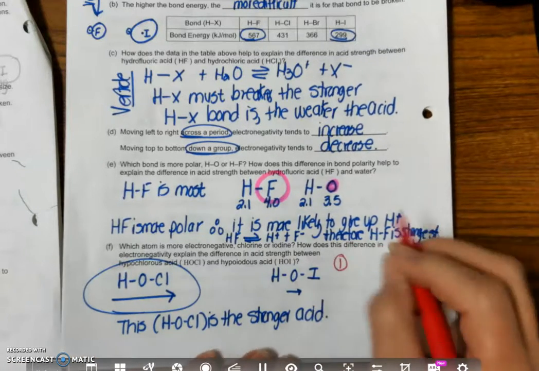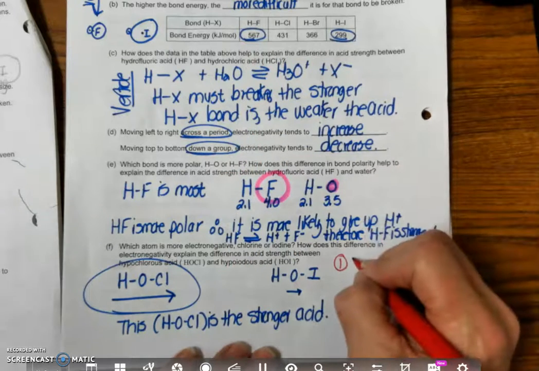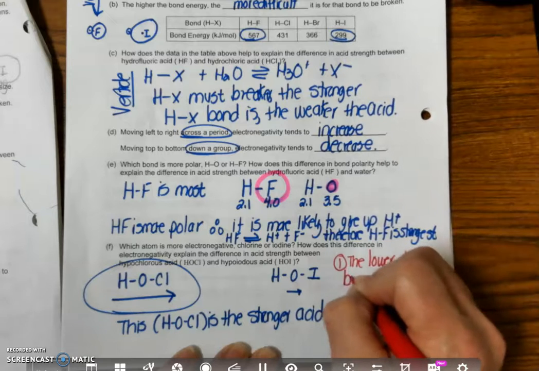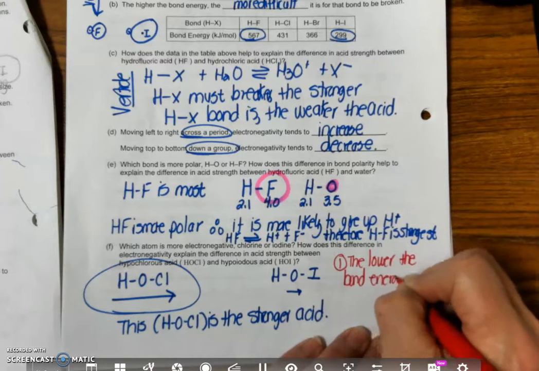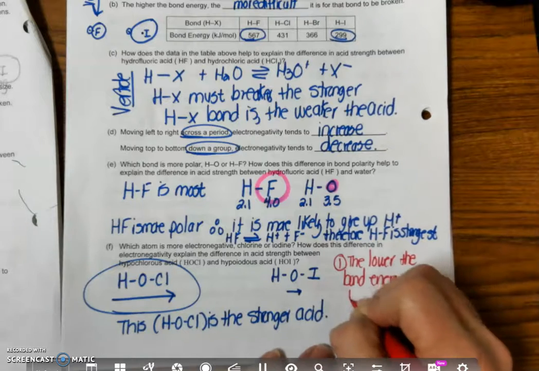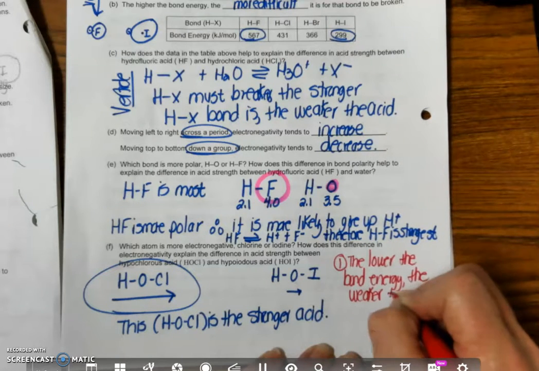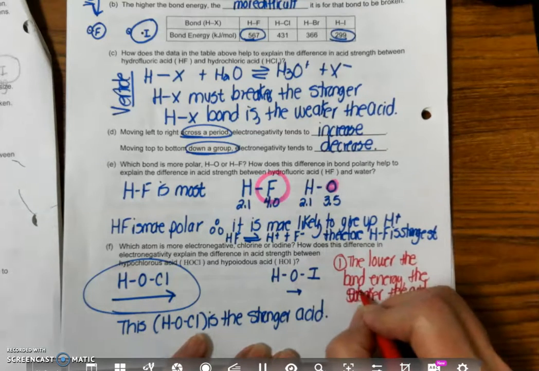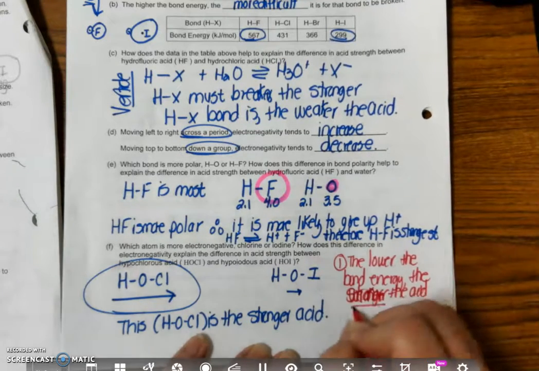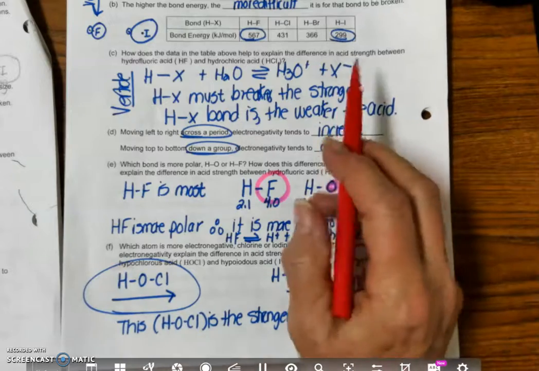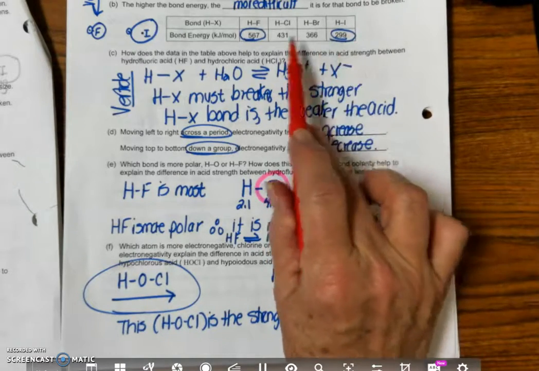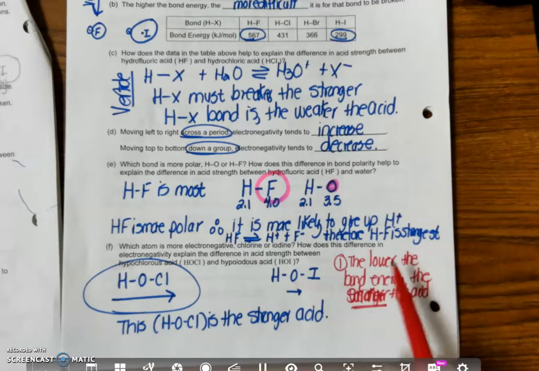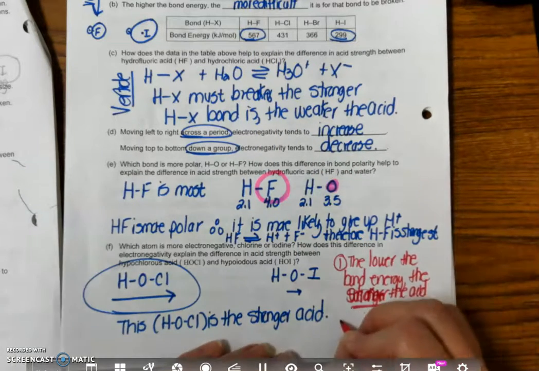What have we talked about? The first thing we talked about up here is the lower the bond energy, the weaker the acid. Oh, stronger, sorry. The stronger the acid. So when we look up here, these are all very strong acids. Notice their bond energies are very low, and this one is high. That is a weaker. So the lower the bond energy, the stronger the acid, because it's easier for that hydrogen